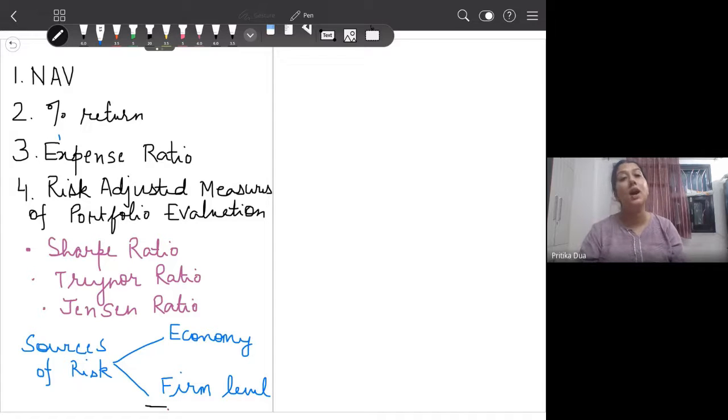Exchange rates are also macro level factors which impact the firm, and a pandemic is again a very relevant macro level factor, as we have seen. Now any environmental factors, Diva, can you elaborate? What do you exactly mean by environmental factor?